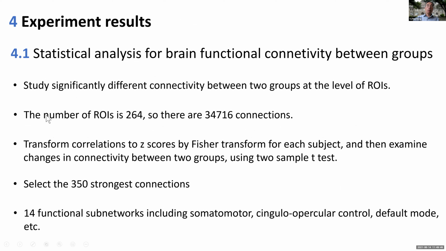Because of the brain tessellation, we have 264 ROIs, which give 34,716 connections. We first transform these correlations to z-scores, followed by a simple t-test. Using the t-test, we select the 350 strongest connections. Using these connections, we identify 14 functional subnetworks,